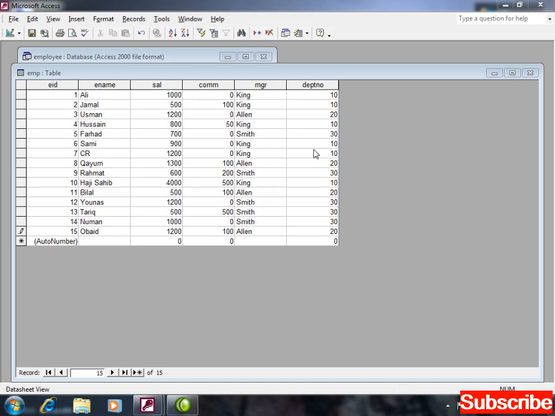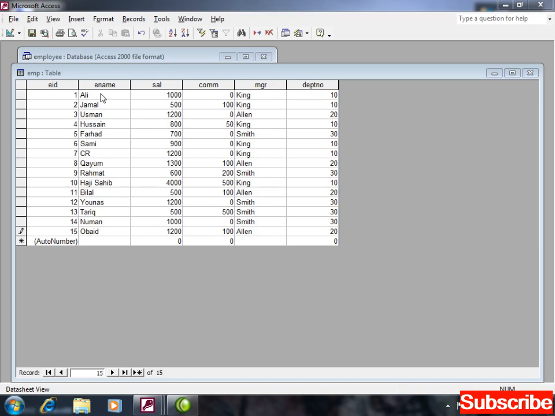Group. What's the meaning of group? You are going to collect records when there are two or more records. King in one group, Ellen in another group. Why? Because here the data is repeated. Now if you watch carefully, you have 10 10, then again 20, and again 10 here, then again 10 10. So the grouping function I can perform either on department number or manager. On the manager column or on department number, I can apply the grouping. You can apply grouping here on ename as well. But what it will do, if you watch carefully, each and every name is different from another name.